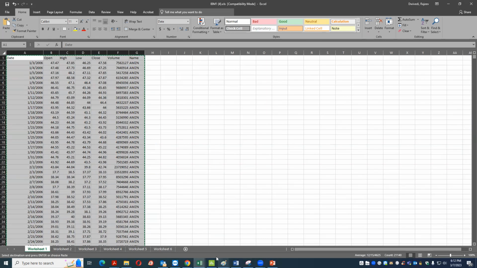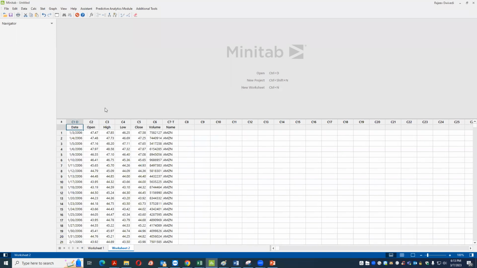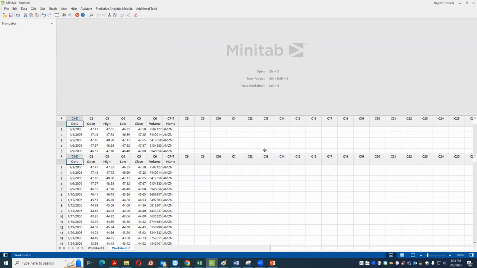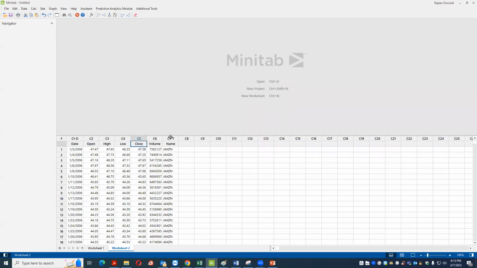Okay, now I have Minitab open. Let me look into it. I have the data now. First thing I need to see is how the trend is going. Here I can select any of these: this is the opening price, this is the high price of the day, this is the low price, and this is the close price. So all the stocks are in this form: opening, closing, high and low, and volume transaction. We are just going to look at open, high, low. So let's check only high.